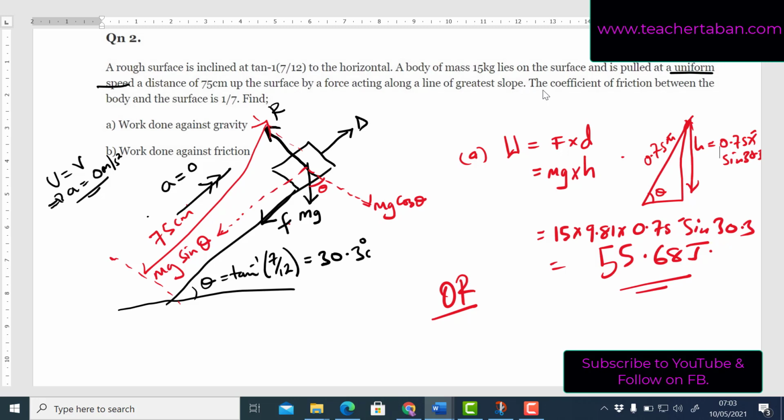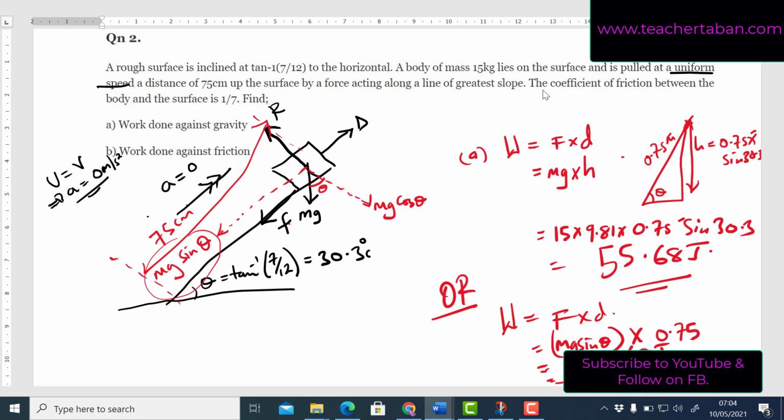And the component of the force of gravity is mg sin θ. So our work done is equal to the force times the distance, which is mg sin θ times 0.75, converted into meters, and the answer will be the same,